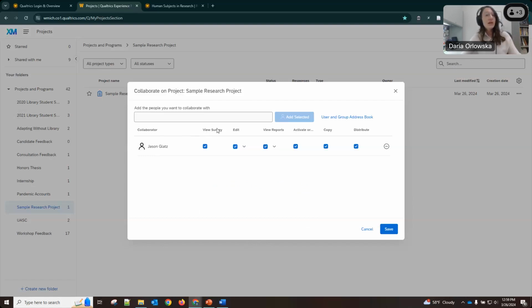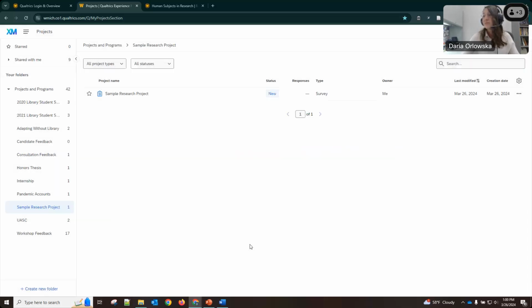This is really great if you have an advisor or maybe a colleague who's also helping you out with this study, and you can make any of these options available or not available to them by clicking these check marks. If they're your advisor and they're responsible for your research, after you've left the institution, you might want to keep all of these checked because it will give them access to your results. And you can click save.